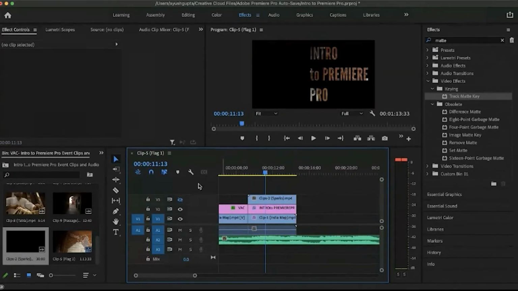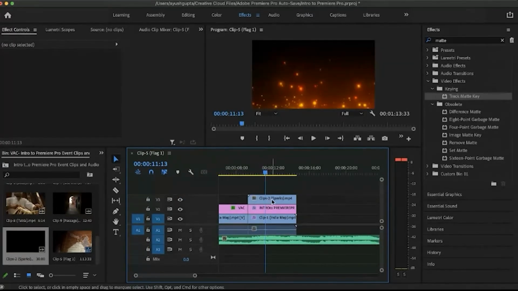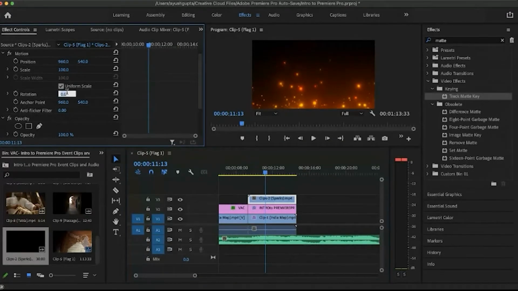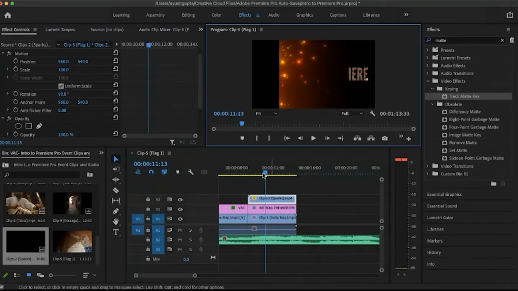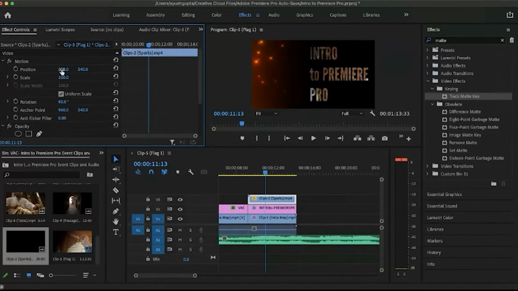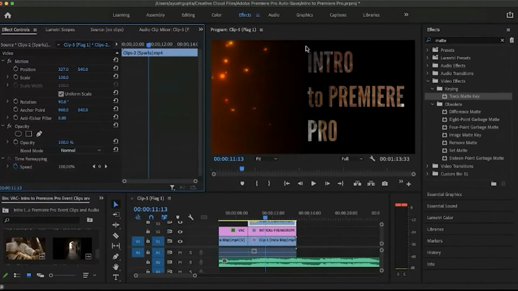We previously saw that the effect will be visible from the left hand side of the window. So what we do, we click on clip 2, and under effects control, there's a rotation option. We type 90 there, and then move the position to the left hand side. But we still see that there's some distinction between the background and this thing.